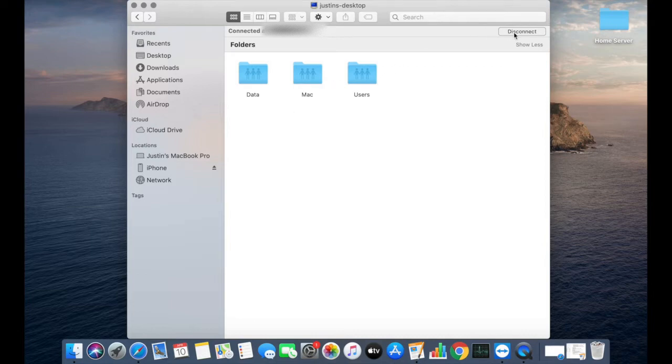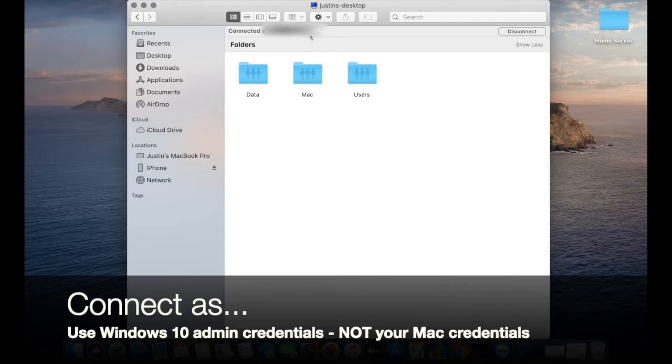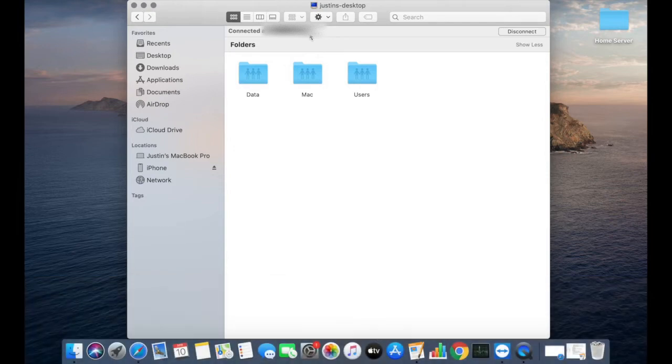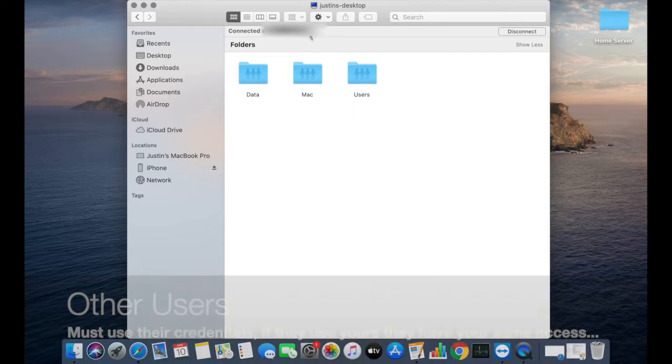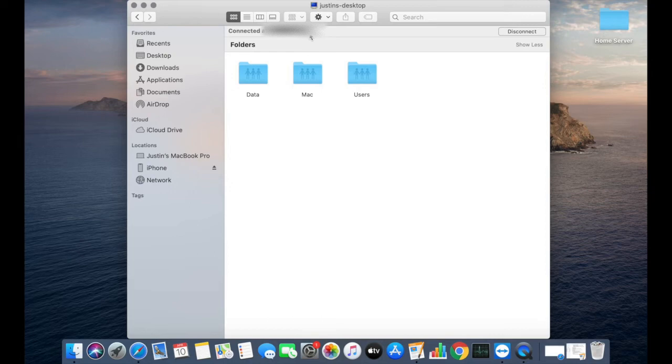I've already connected, and it shows connected as. I wasn't going to show you how to connect to because all it is is a connect to button. You'll enter your Windows credentials. For me, I just used my admin credentials, which is what you'll have to do as well. Or if you set it up for another user to access only certain drives or certain files within those drives, then they'll have to actually use their credentials rather than your admin credentials, which should be a